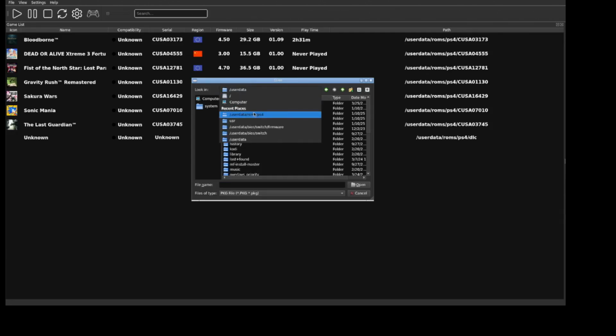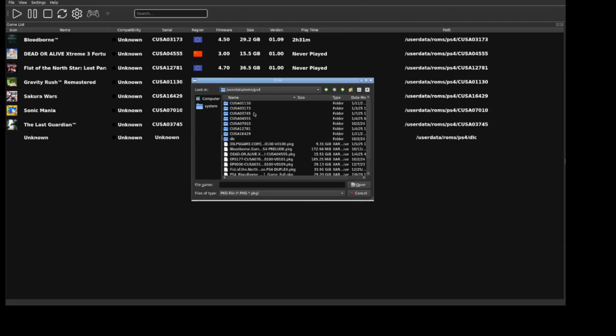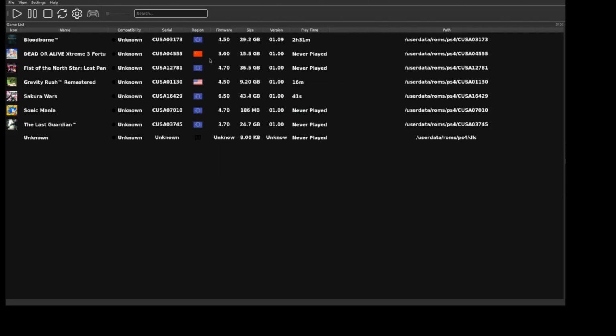To install games, just go up here to the file menu and install a package, and browse on your Batocera system to where you have your package files for your games. What I ended up doing was I installed the Bloodborne, I think it's the Game of the Year edition, .pkg. However, you do need to have it on version